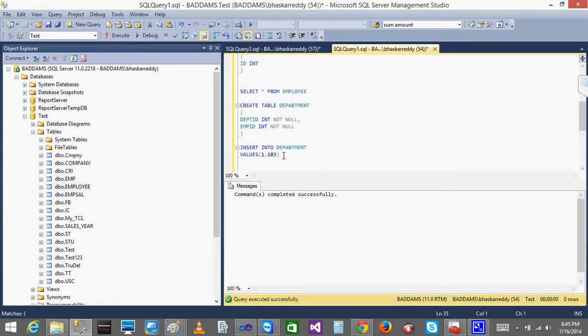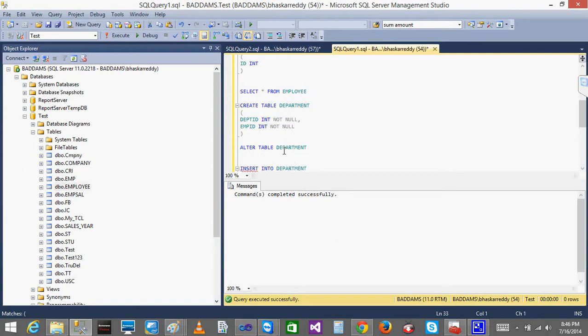Now I am going to alter the table, because I want to create a relationship on this column. Alter table, the table name is department.